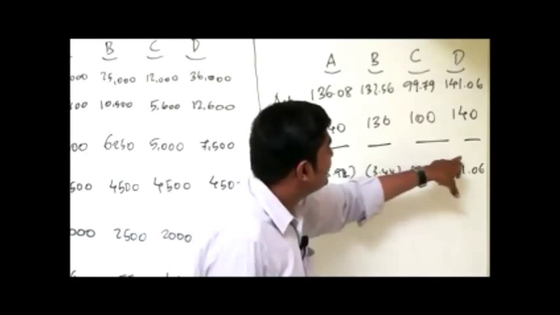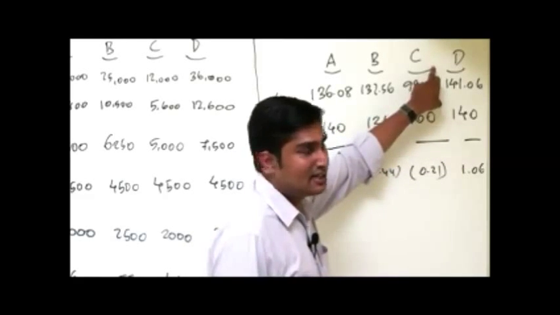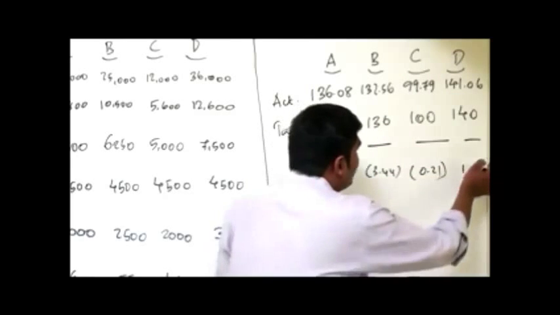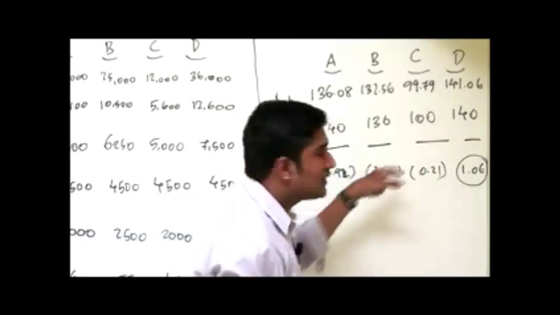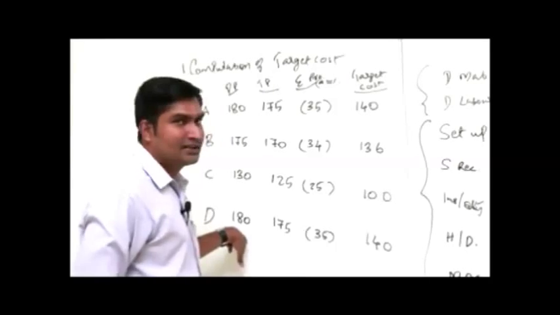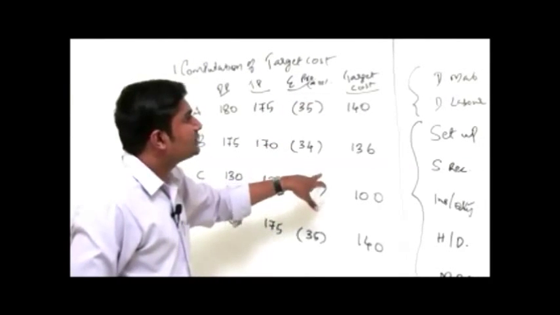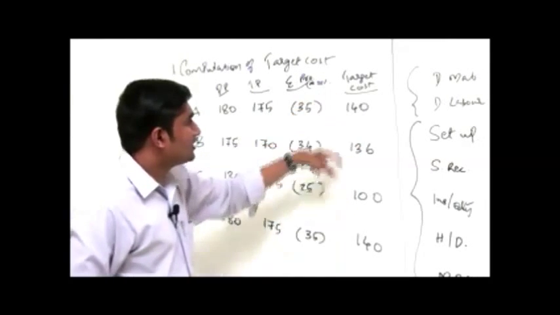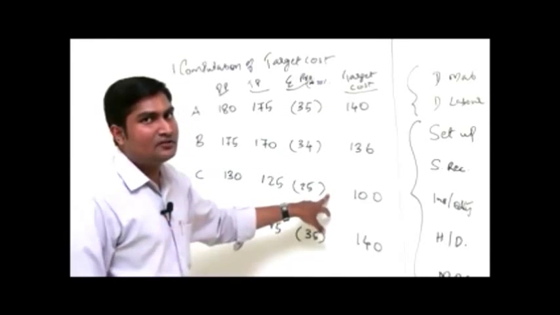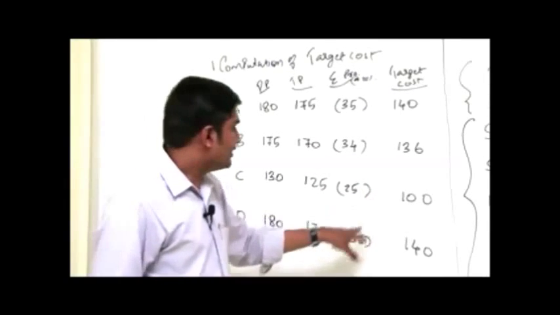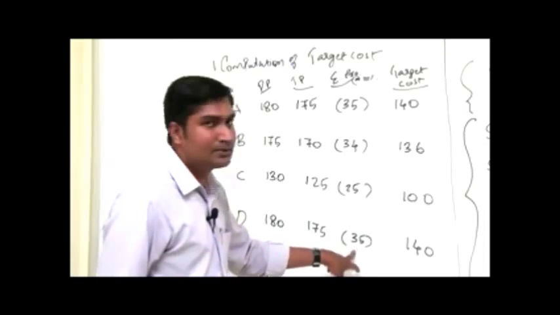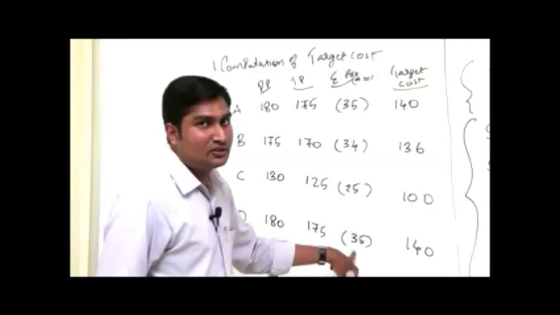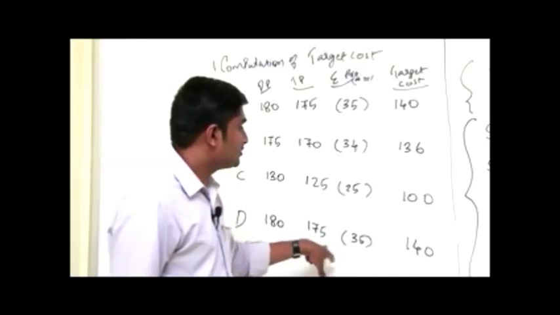So here value engineering is required only in case of D. We have to reduce this extra 1.06, then only can we achieve the targeted profit, that is ₹35 per unit of D. In all the other cases, as the actual cost is lower than the targeted cost, the price reduction of 5 can be easily adopted. But only in case of D, if it has to get at least a profit of 35 per unit, that is 25% markup on cost or 20% on sale price,